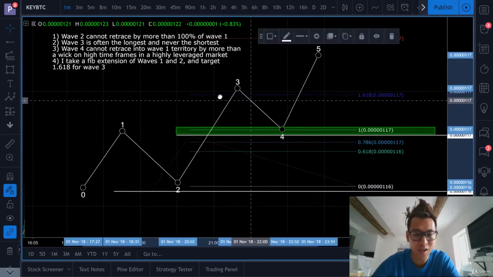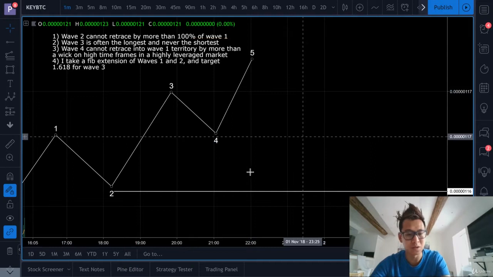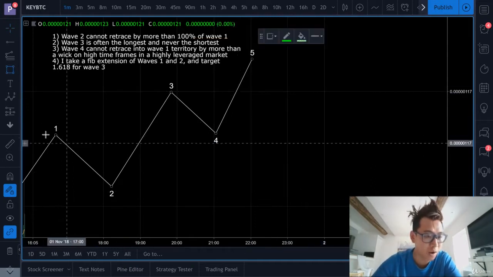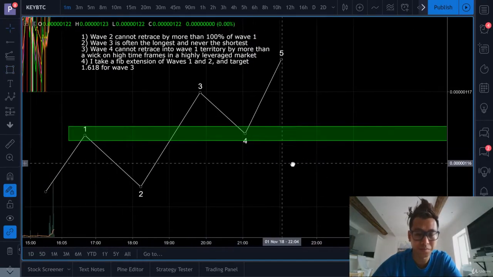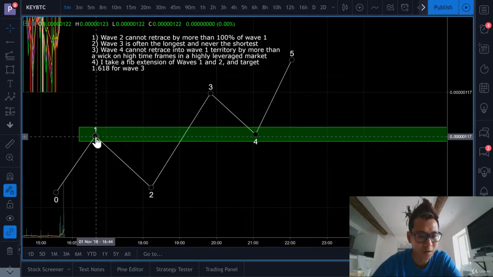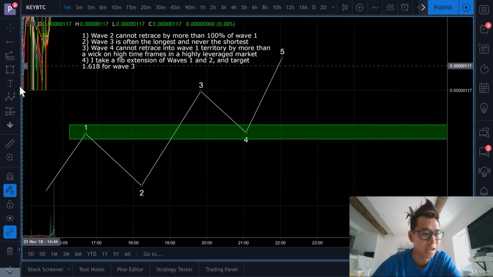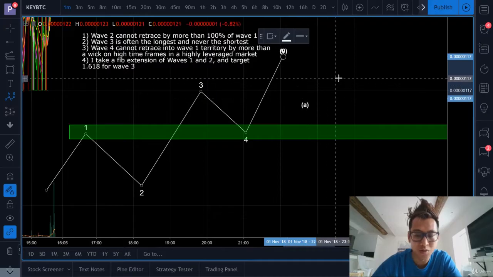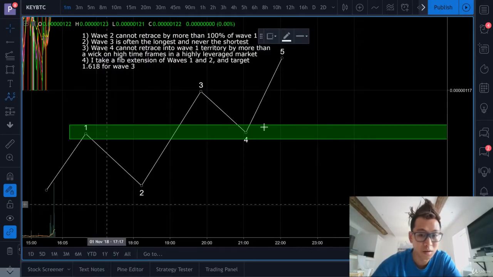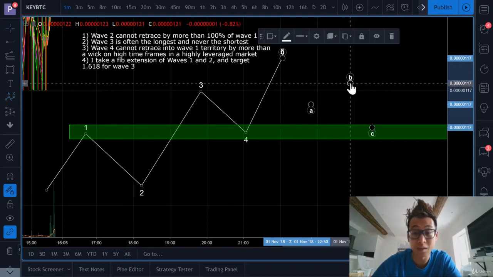Now that we got that out of the way, okay, I'm gonna delete this over here. I'm gonna delete this as well, and that. I'm gonna create a box around here, okay? So where do you guys think the support and the resistance is? Well, one major resistance was right here, right? Wave 1, because wave 4 acted as support there. So now if we talk about an ABC structure, okay, we would generally assume that this would actually act as a very strong support, right? Whoops, sorry, my mistake. We would assume that wave 1 territory and wave 4 territory will act as major supports